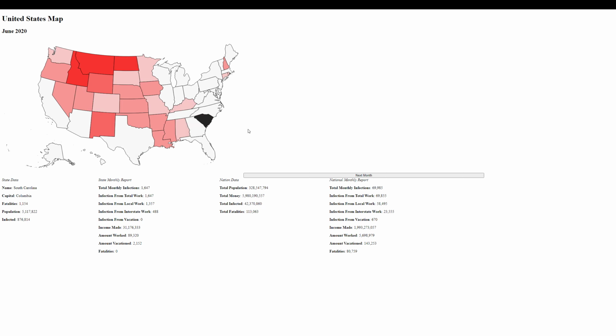So we built this game using a graphical user interface of the United States that allows users to interact with individual states. The initial conditions we had match exactly with the numbers of infected patients in each state at the end of March 2020, and we simulated factors such as interstate travel and vacations, which increased the rate at which